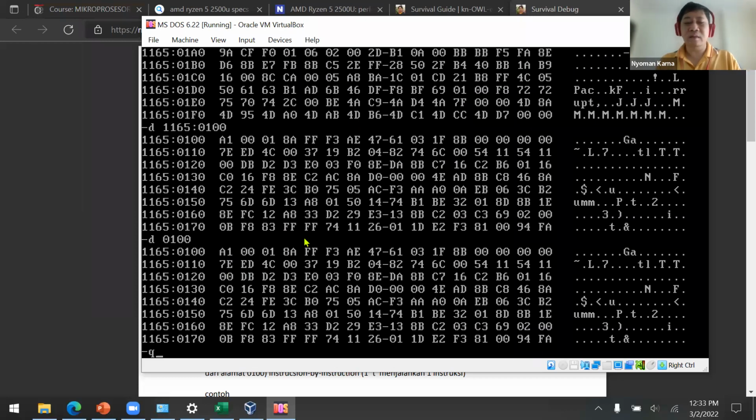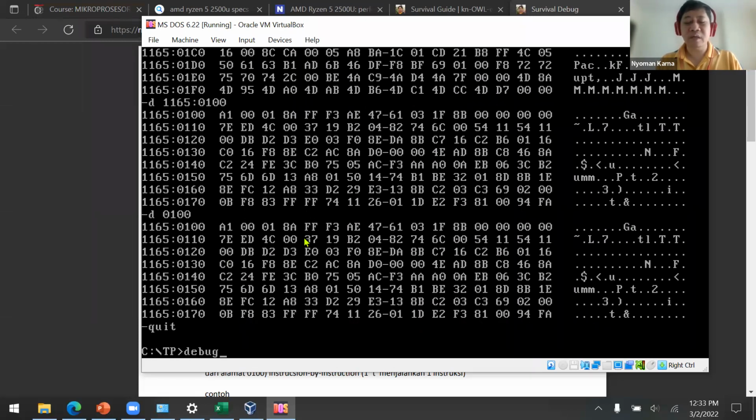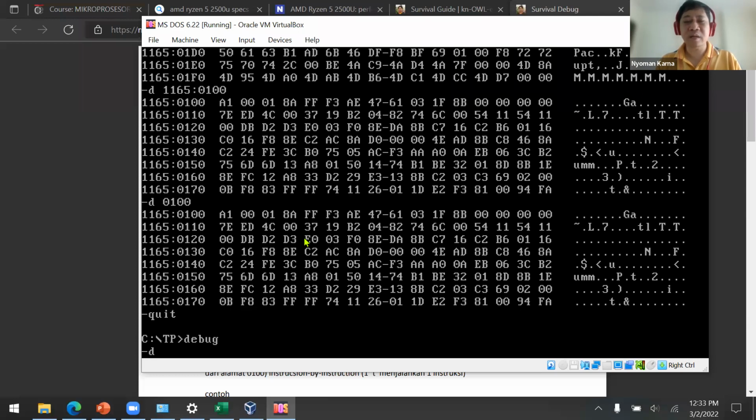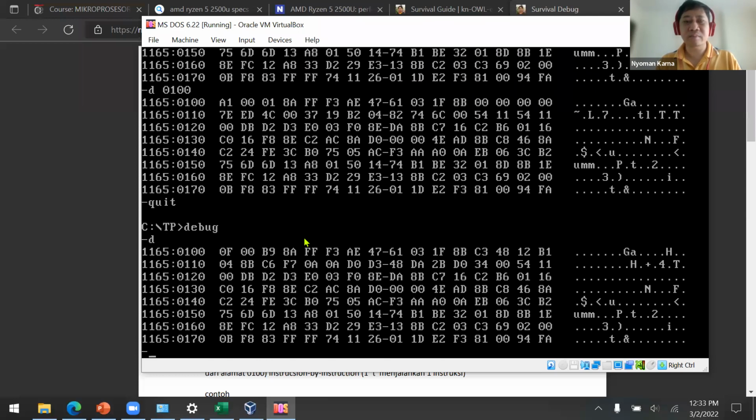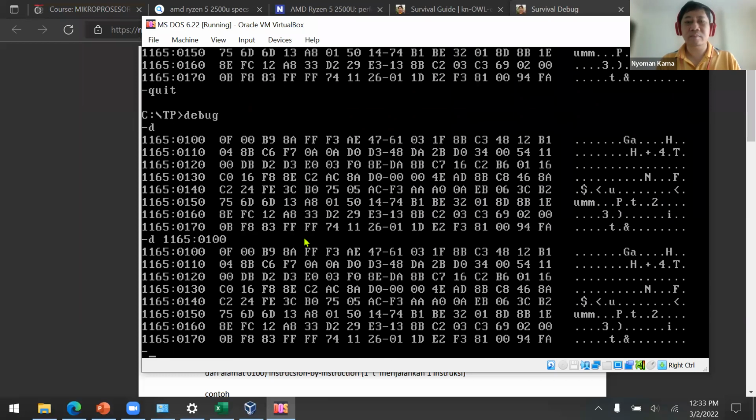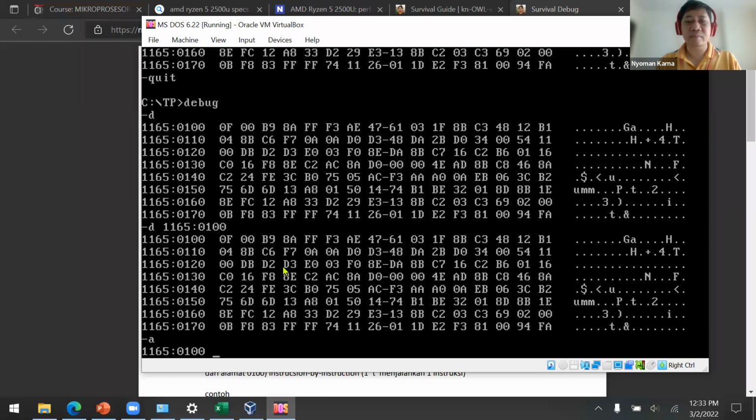Let's try it again. Debug, and then dump. Now move AX, 0, 1, 0, 0.